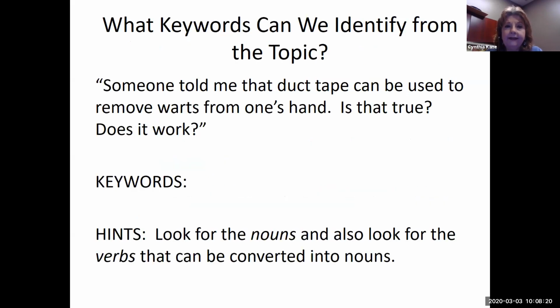So Chapter 2, Scope, also talks about going back to a topic and identifying something called key words. Now, key words can be nouns, but they can also be verbs that can be converted into nouns. So if we look at